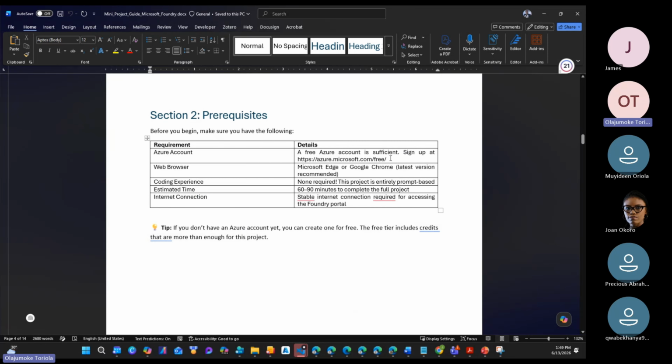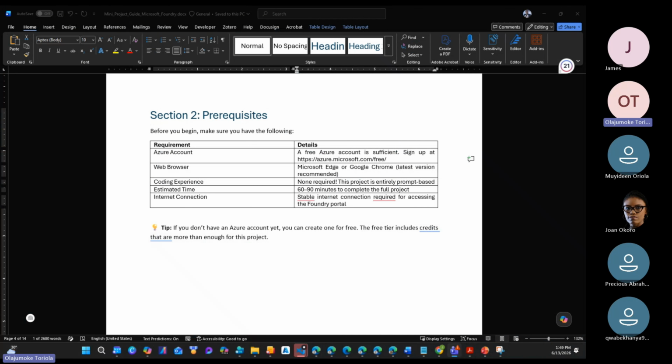We talked about it. Sign up. How many of you have signed up for free Azure? Please, with a raise of hand. With Azure credits, even if you put your credit card, they won't collect any money from you. They accept Nigeria. So great, Precious. Please, if you don't know how to sign up for it, you can meet Precious to help you with it.